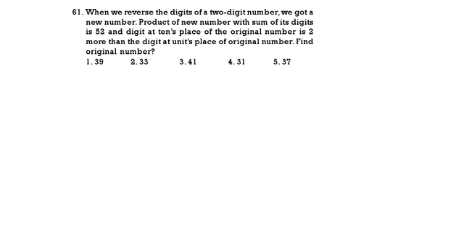First, go by the options and check the condition. The digit at the tens place is 2 more than the digit at the units place. So this is tens place, this is units. The tens place is 2 more than the units place. So this is ruled out, this is ruled out, this is ruled out, because the difference is 3, 4 minus 1, 3. Here 3 minus 1 is 2. You can take 31. And what is the other condition?